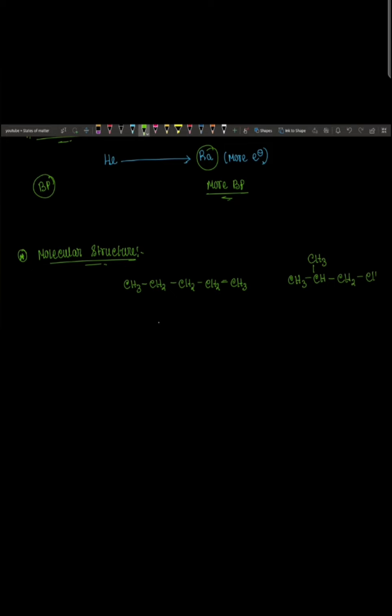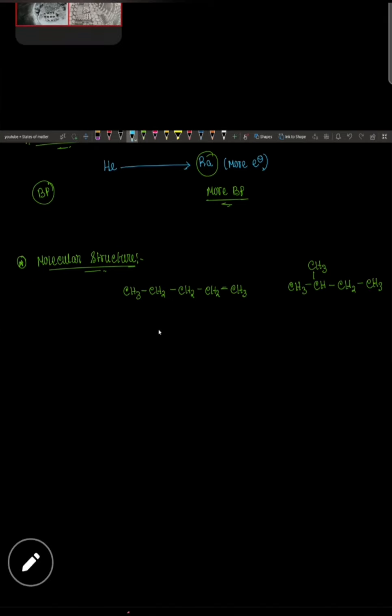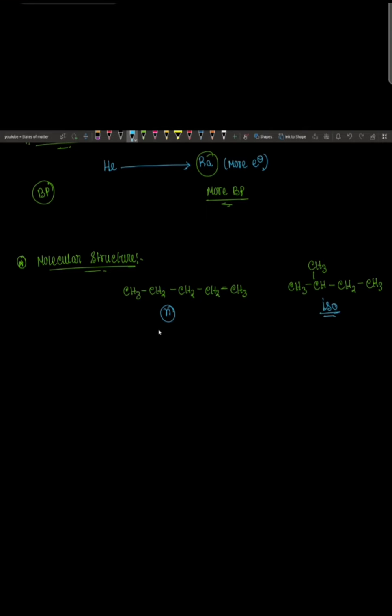So this is isopentane. Now if we just try to compare between them, who would be having higher boiling point? So in between N-pentane, isopentane, who would be having higher boiling point? That's the question. Now the answer is going to be N-pentane,